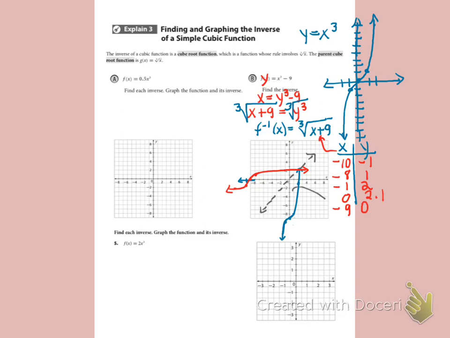We could also do that composition of functions thing, so I could plug one function into the other. In place of the x cubed in the original, I could plug in that cube root of x plus 9 in place of that x, and then subtract 9, and then I'd see that that cube root and the cubing cancel